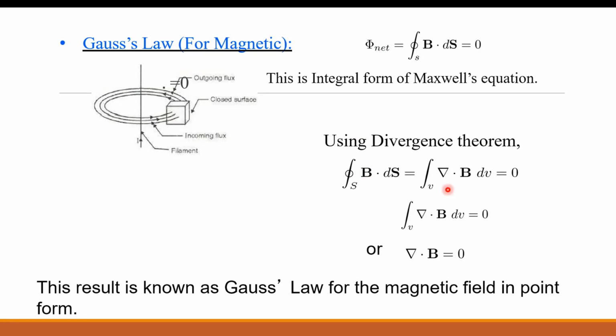Now look at the second part here. Del dot b dv is equal to 0. So we can write the second equation as it is. Integration of del dot b bar into dv is equal to 0. If we remove the integration, volume is not 0 at any time. Then we can write del dot b is 0. Okay, as this quantity is not 0, this quantity should be 0. So del dot b bar is 0.